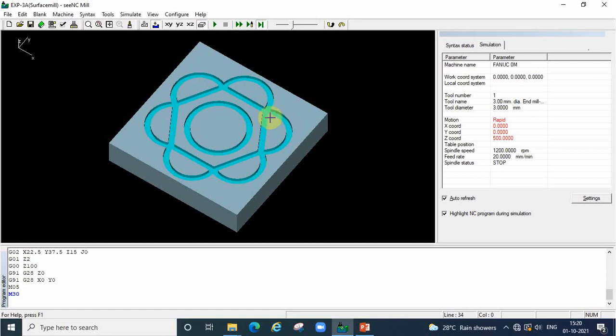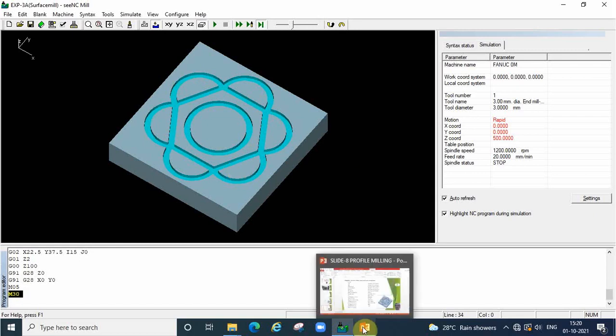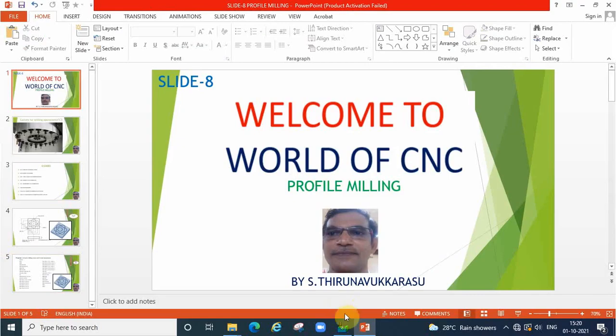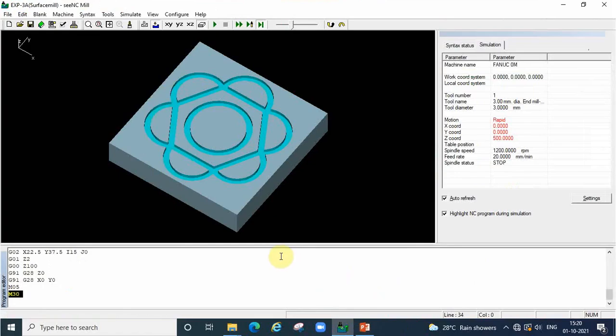For only one quadrant we are going to write the program. By giving mirroring commands, we will get the profile in all 4 quadrants. That we will see in the next slide. Next one is slide number 9, the mirroring operation.